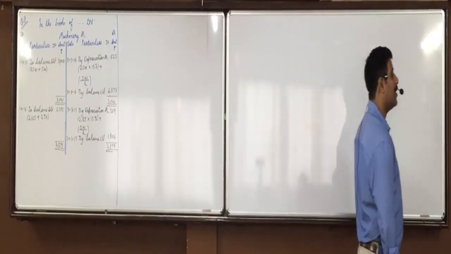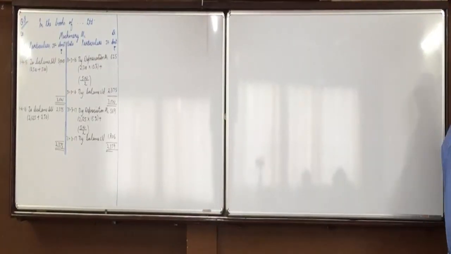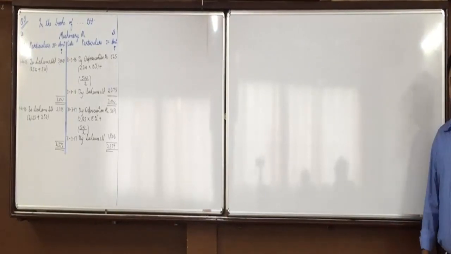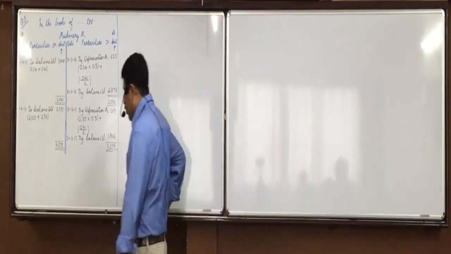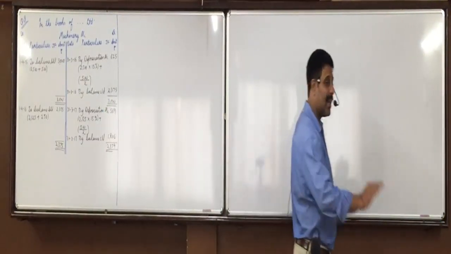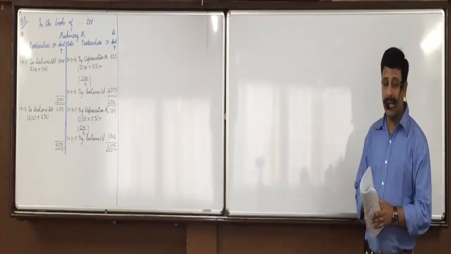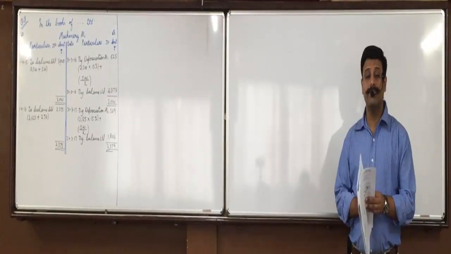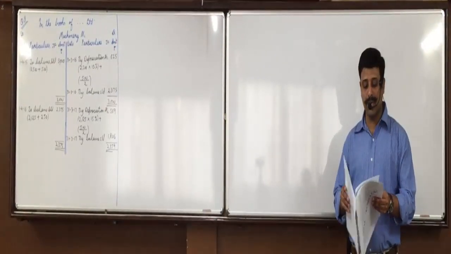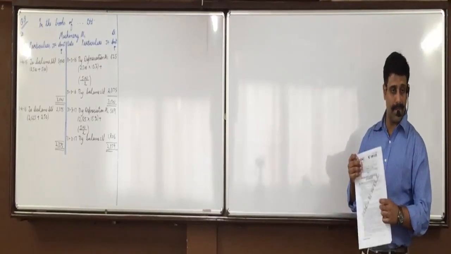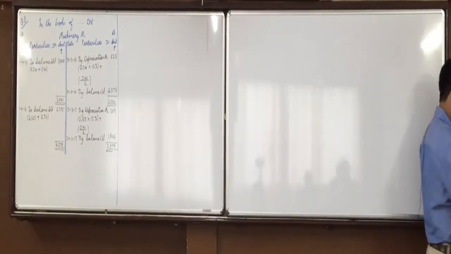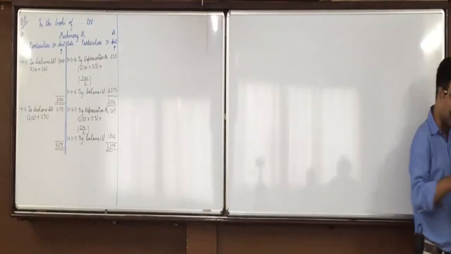Any change in method of depreciation should be treated with prospective effect, and depreciation should be adjusted for only current and future periods. Understood? Depreciation is to be adjusted only for current and future periods. No past changes. So, if you see question number 7, there's the last question remaining.